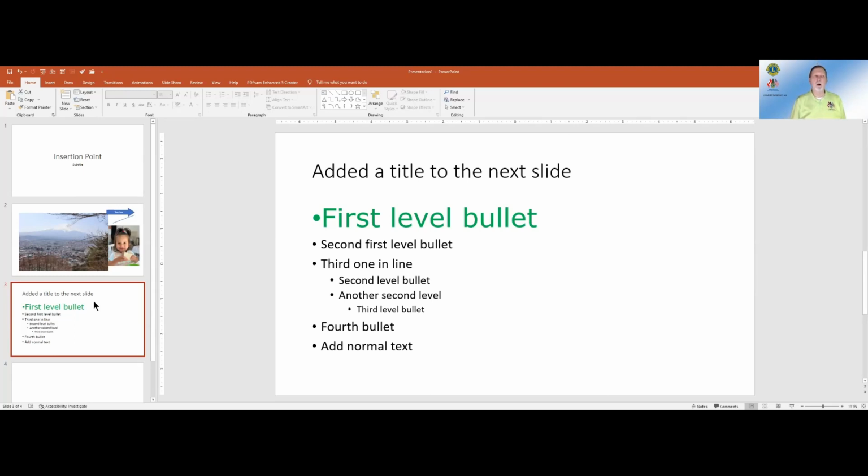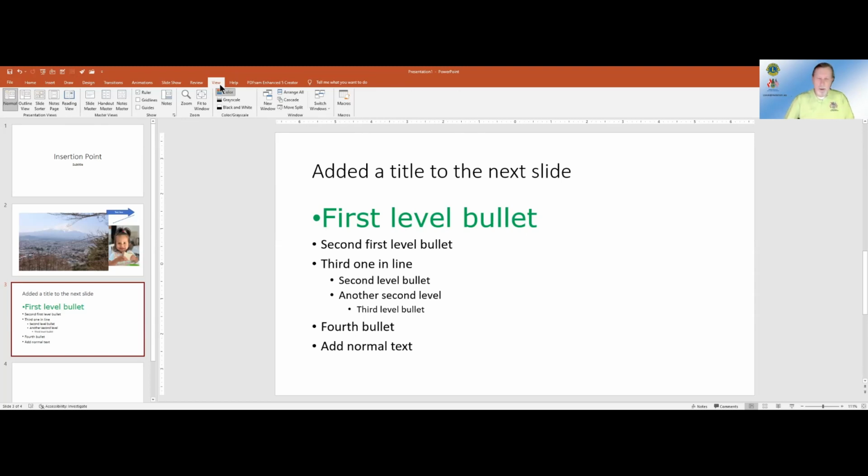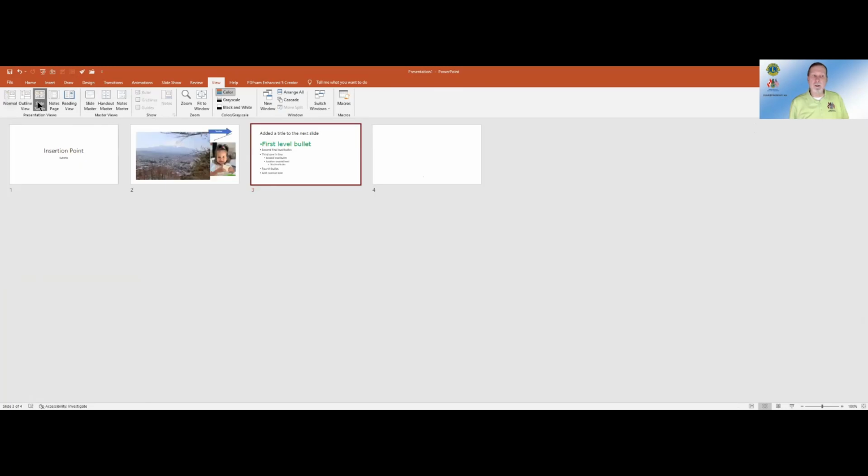Yes, indeed. Right now, the view that I am working with is the default view. And the view that I'm working with from the View tab is called the normal view. Please don't ask me why they call it normal. You see this with a lot of Microsoft products, the term normal applied in various different aspects. Yes, this is the normal view. Okay, fine. But I want to bring to your attention the slide sorter view. As I click on the slide sorter view, when you've got 30 different slides, this is a better way to rearrange your stuff.